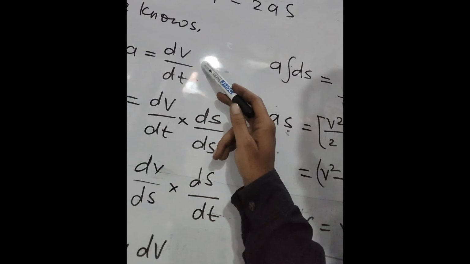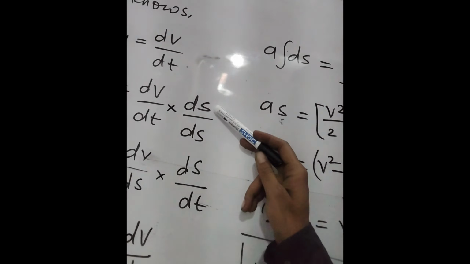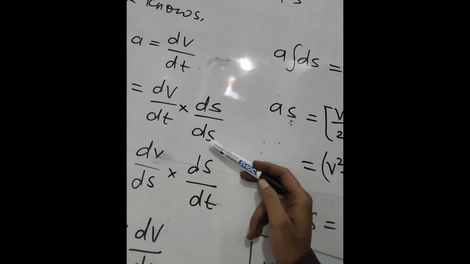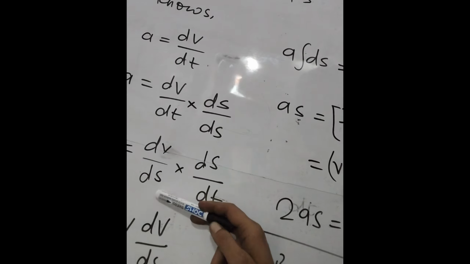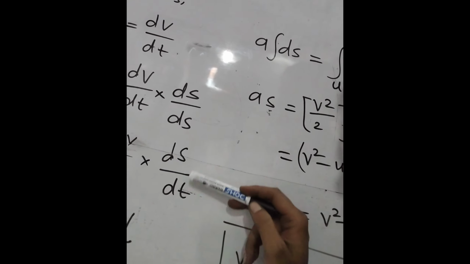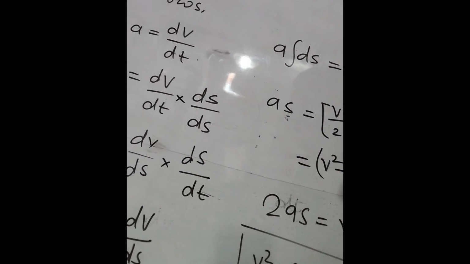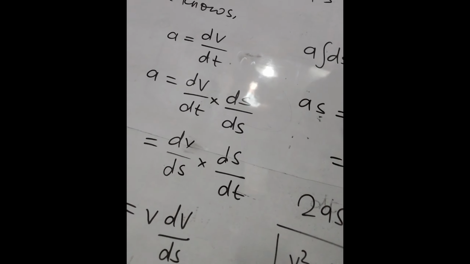Multiply with ds by ds and shift the ds to this side. So ds by dt is velocity, so we write velocity, and dv by ds here is the acceleration. ds goes there,